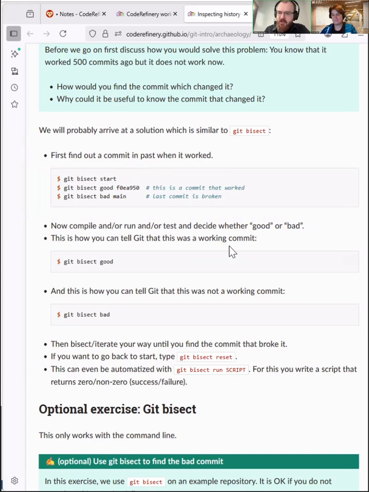Yeah, so bisection is supposed to be a tool that you can use if you have a problem or you find that the current commit doesn't work anymore, whatever that means. So something that is not the way it's supposed to be, and you are certain that at some point in the past it worked, and then you can go back to that commit and check whether it actually worked back then, and then you can tell Git that